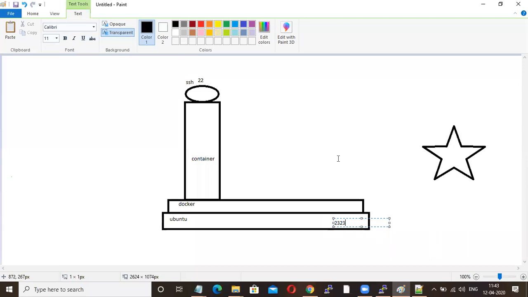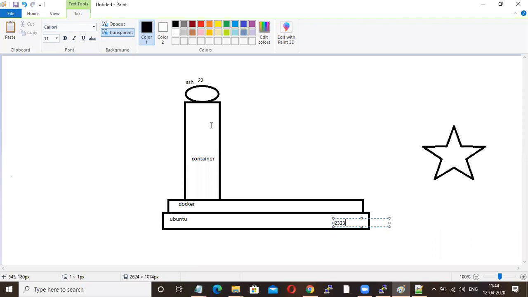Again, this is my SSH container. Instead of giving direct access to this machine using port 22, because he might access other directories and files, I want to restrict him. My developer wants access to this container only.